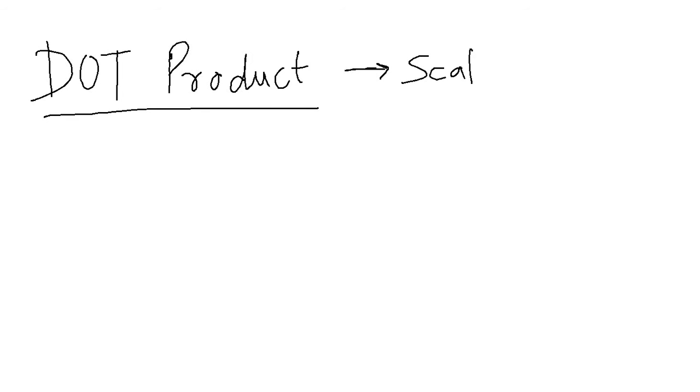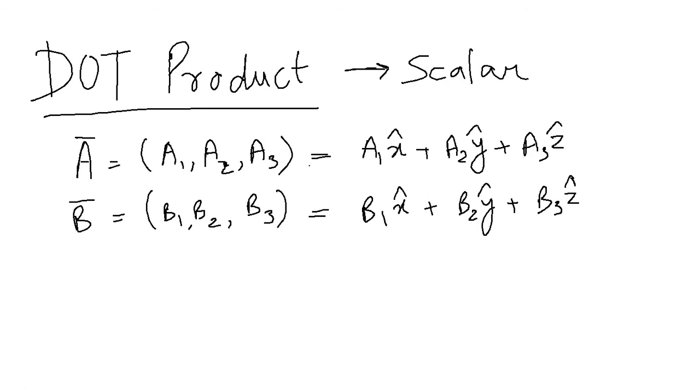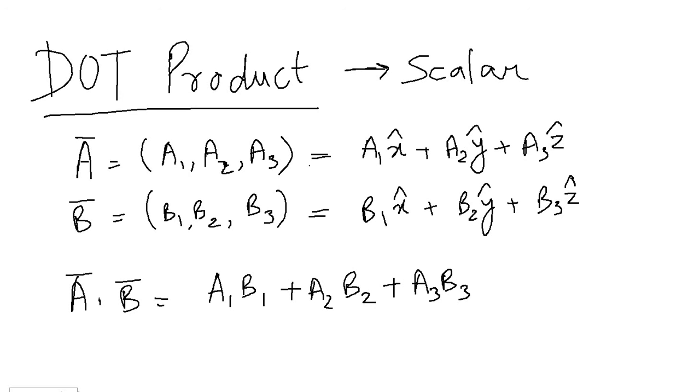Now this can be easily seen if you have two vectors a and b given, a1 a2 a3 and b1 b2 b3, where these are the components, and this is equivalent to saying that a vector is given by a1 x cap plus a2 y cap plus a3 z cap, and similarly the b vector. Now a vector dot b vector is simply given by this equation,